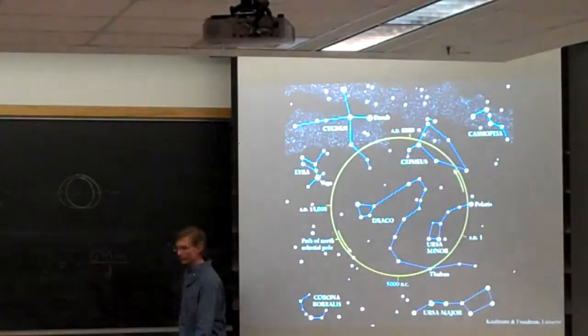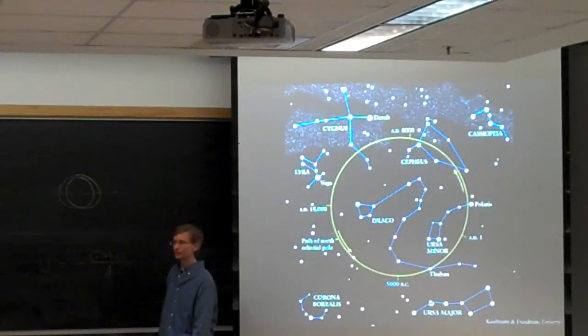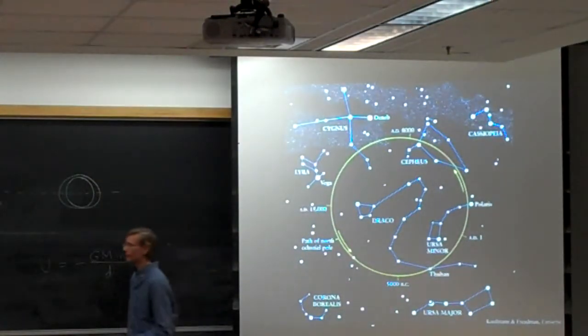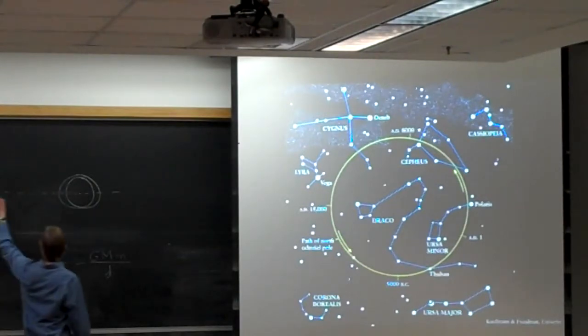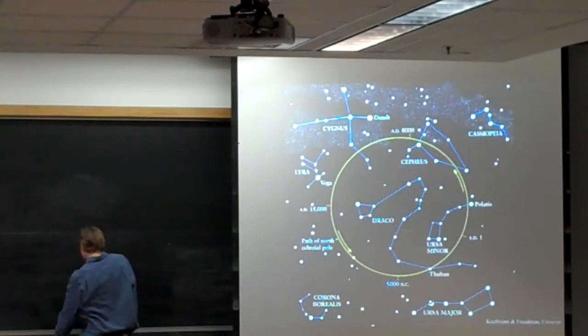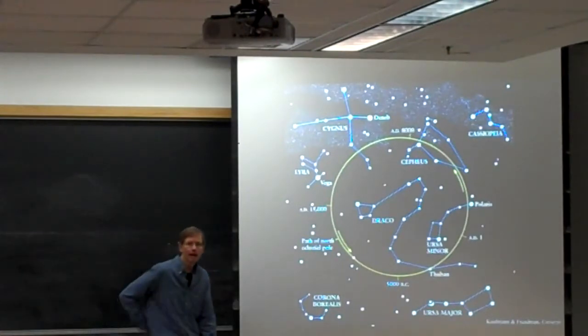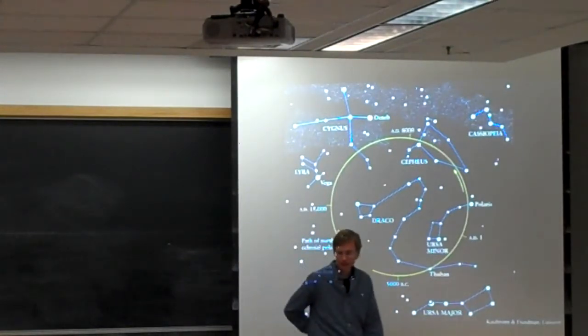Yeah, is it straight overhead? No, remember that's only if you're within the tropics can the sun ever be straight overhead. Right, we're too far north for the sun to ever be straight over our heads, but it is high in the sky in our northern locale. At noon, is the sun in the northern sky or in the southern sky? It's in the southern sky from our location, because